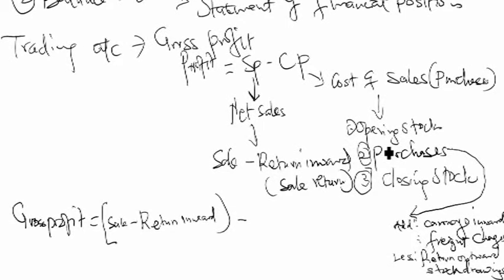So first, take opening stock and purchases, including the related costs that we have analyzed. It is what is available for sale in the current year. So we have goods available